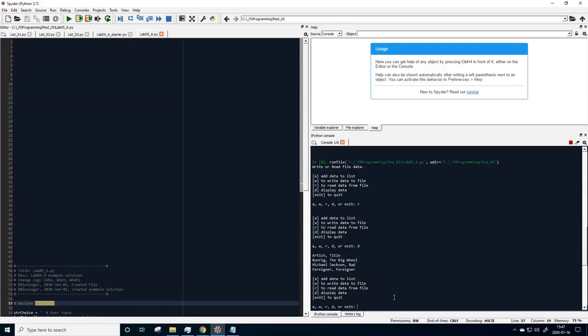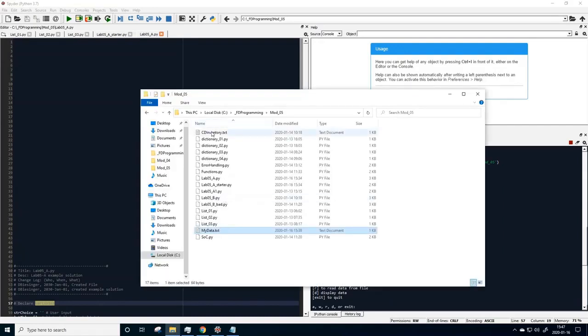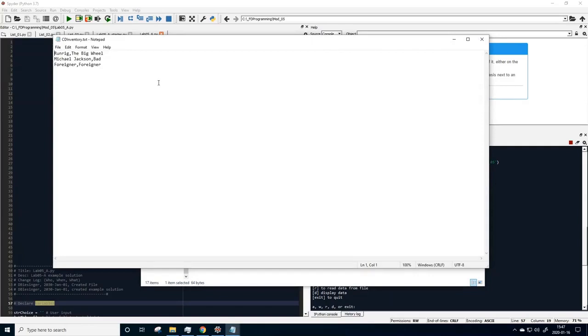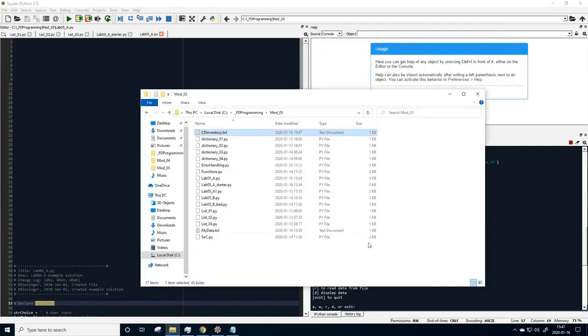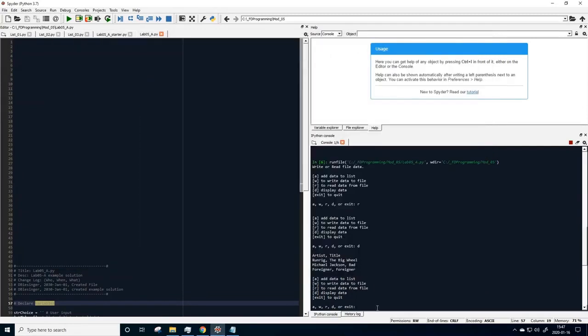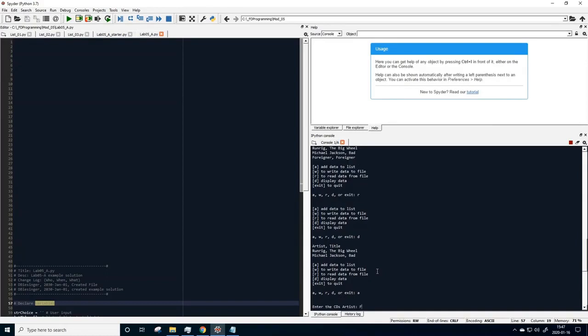And if I display it, I have already some information in here. Let me quickly do this. So if I'm reading in the data, I now have only 2 titles in there, so I actually can demonstrate it. I can add data